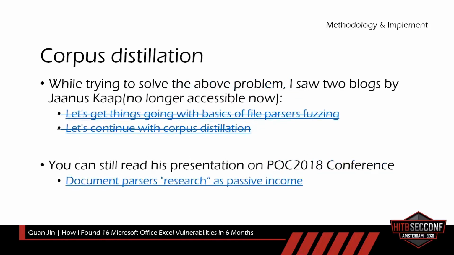Many fuzz tutorials tell us that more files are not better, nor are bigger files. So I need to minimize the collected Excel files. If the fuzz tool is WinAFL, you can use the built-in components to distill the seed files. I don't want to use WinAFL, so I need to implement this function by myself.